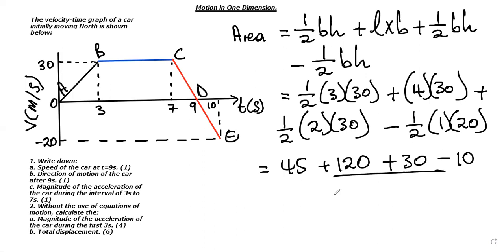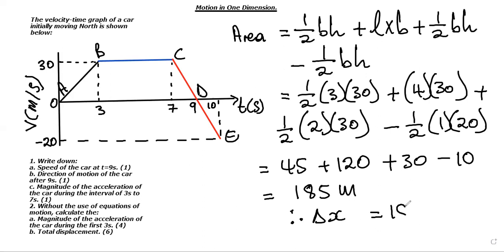So if you say 120 plus 30, you get 150. 150 minus 10, it's 140. Then 140 plus 45 will just be 185 meters. This is the area under the graph. Then you conclude and say, therefore, the total displacement will just be